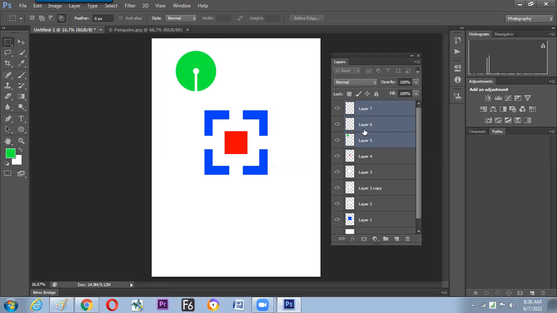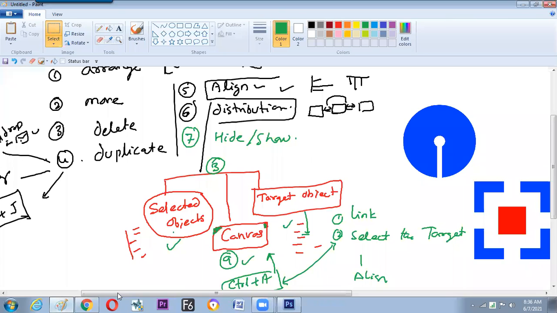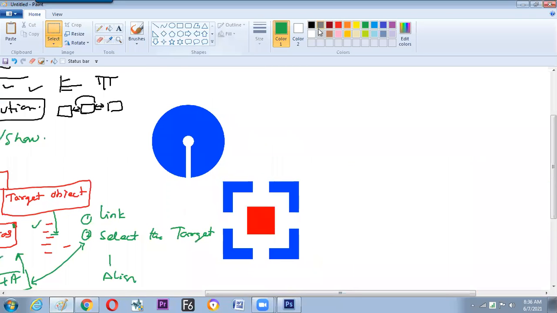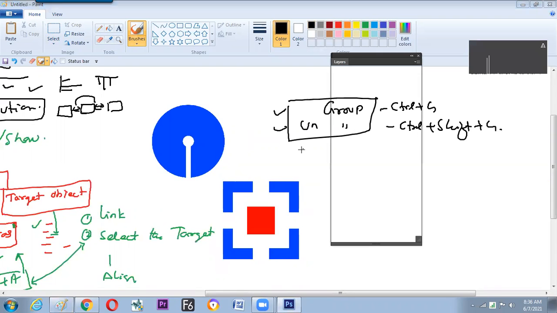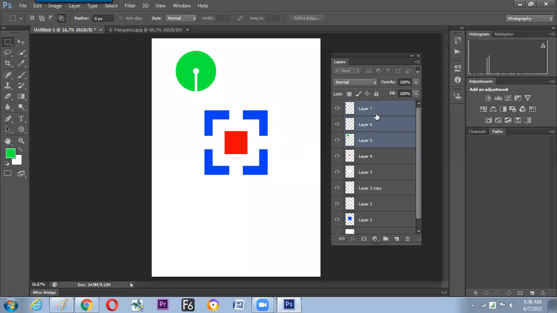So hope we have understood now. Two more events regarding the layers, because Photoshop is a layer based software. The more we know about the layers, the more we can control. Here, a few more things we got to know about the layers. What are those? We can hide the layer, we can group the layers, we can ungroup the layers. It does have a keyboard shortcut, Control plus C and Control Shift plus C. Grouping, ungrouping, hiding, unhiding.